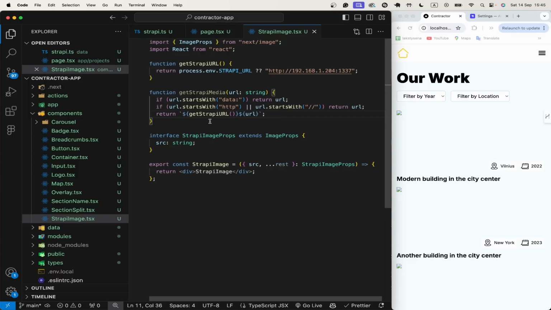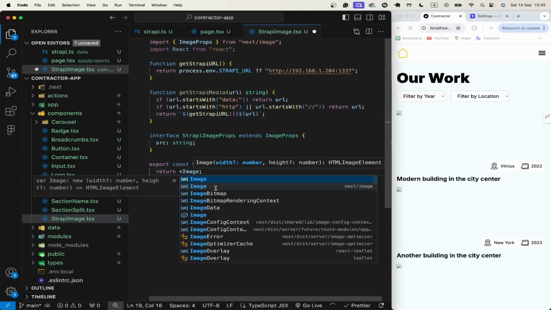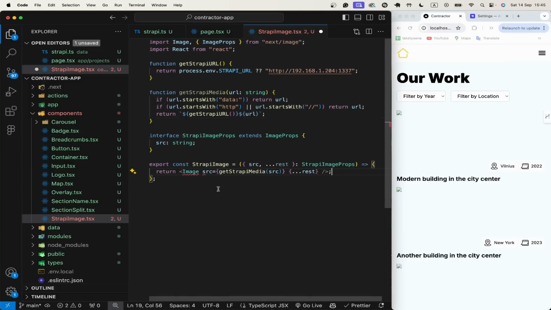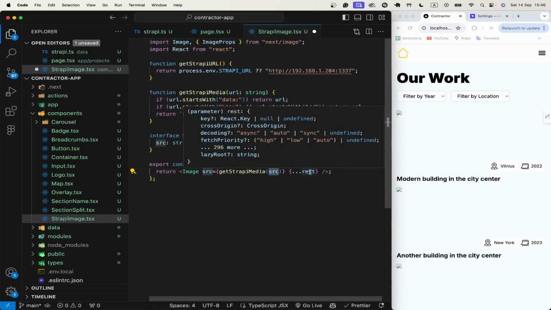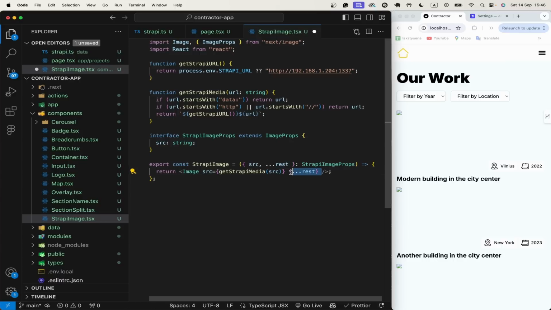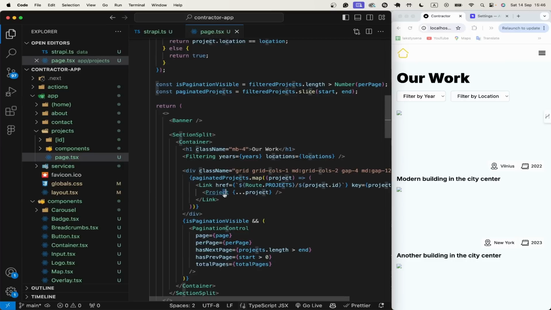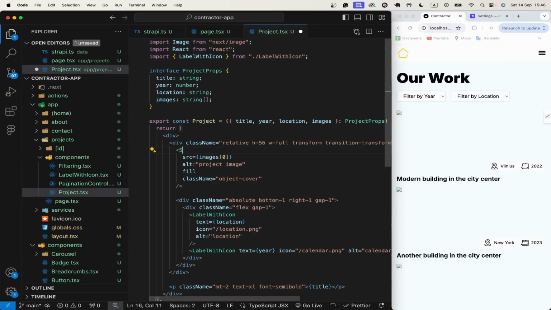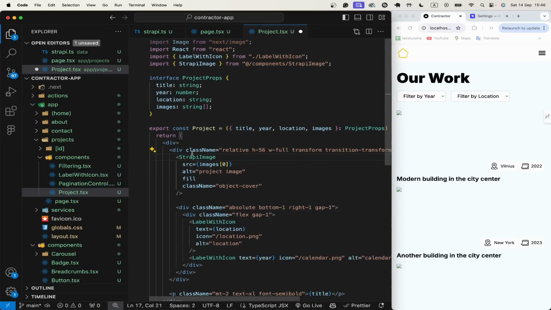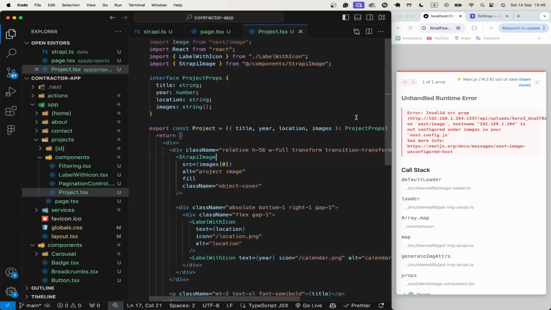So this is needed to modify the Strapi image URL for it to work correctly with Next.js. And here finally we're gonna return our Next.js image, which will have source as getStrapiMedia, and then we pass argument source and pass the rest of the props. So now going back to the page and trying to remove the image and replace it with Strapi image, we can see that